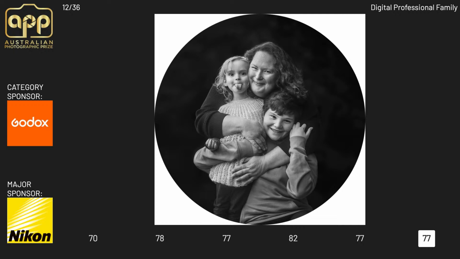Yeah, I can see what you're saying, Kat, that it is beautifully executed. I can feel that emotional pull, that joy of the mum, the cheekiness of the little one. I felt like there was nothing happening on the right-hand side. I'd sort of lost bits and pieces, but I'm sitting here looking through your eyes and I can see what you're saying, so I'm willing to come up a bit.